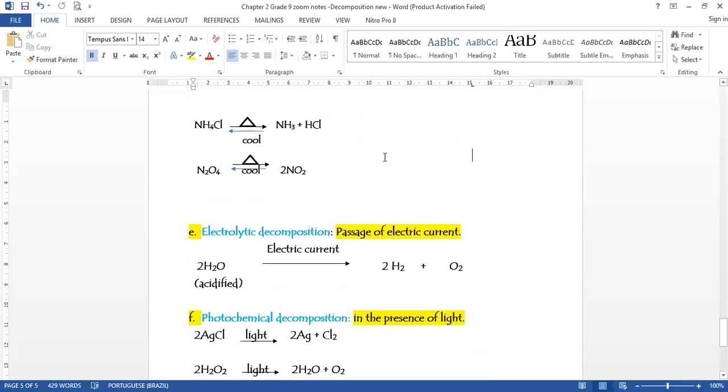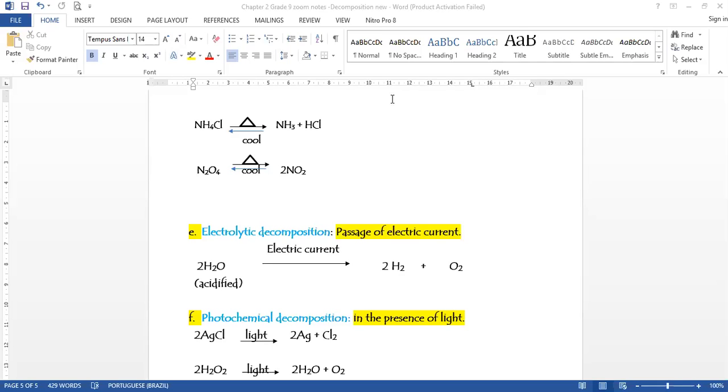Anybody who has any doubts in the decomposition part, please raise your hand. Yes, Arya Gupta. For water, like Malay told, does water undergo dissociation and decomposition both, right? Yeah, and I gave the answer for that question also. Okay, thank you, sir. Did you listen to what I say, Arya? Yes, sir. Then why are you asking the same question, Arya? Why are you wasting my time? Ask questions which are not asked. Sorry, sir. No problem.